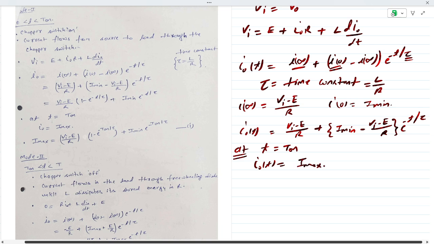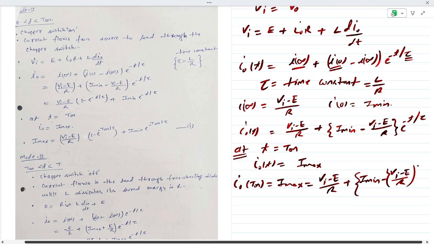If I place that value here, exclusively for t on, it will be I naught at T on equal to I max, and the value of I max is nothing but Vi minus E upon R plus I min minus Vi minus E upon R